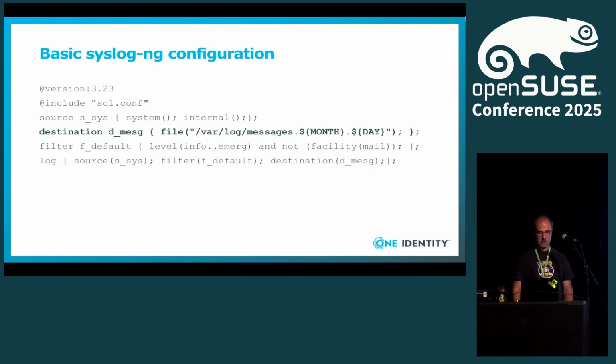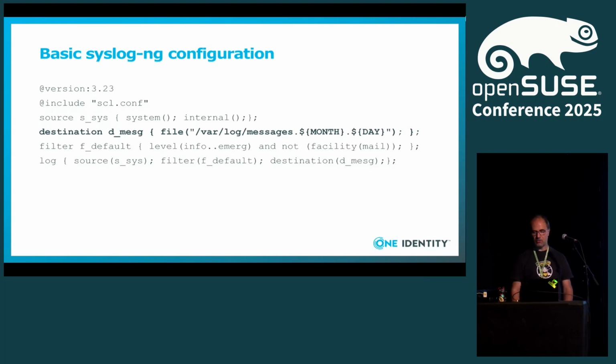Next, you can see various Syslog-ng building blocks, like a source, a destination, and the filter. Usually, the thing is that you declare what kind of building block it is, then you name it, and then you list the drivers you want to use. So there is a source called sys, and it's using the system for collecting local log messages, using internal for internal Syslog-ng messages. Then there is a destination called messages,